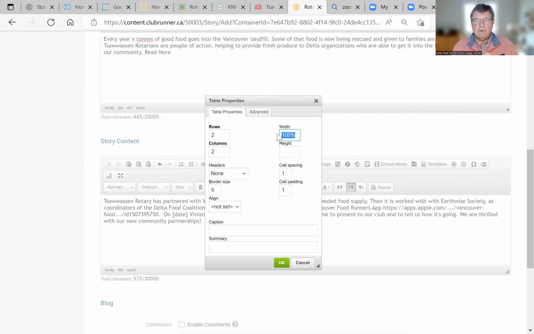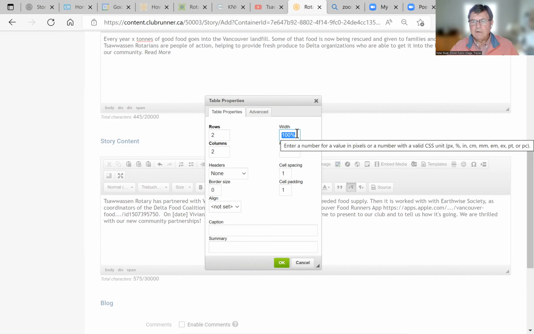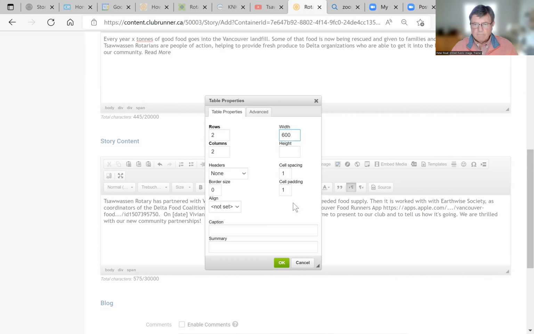You've got to be thinking about people looking at this on their mobiles, and if you do it too wide, they're going to have to turn their mobile sideways. So the maximum you might want to go is, let's say 600,